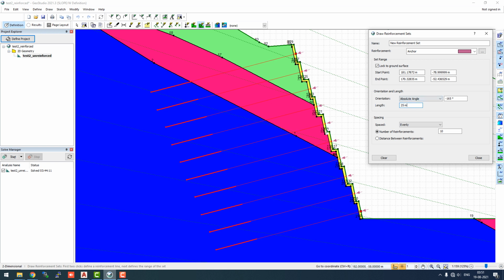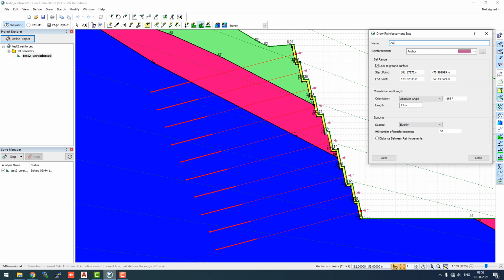But you should start learning, because there is an example problem which I have included in the homework and final exam part. So you will be able to learn a lot in this sense. So anyway, we have evenly spaced 10 reinforcements of the length 25 meter with 7 meter bond length for each at an angle of 15 degrees from the horizontal, and these are the starting and end points. It should generally come in the middle of the cladding wall, but this doesn't matter. You can anyway change the lengths of individual anchors, but it is a set, so we'll just call it